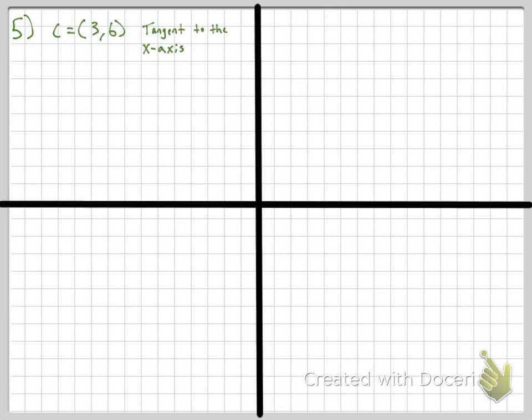All right, next problem, number 5. I'm given my center, and I'm told that it's tangent to the x-axis. When something is tangent to the x-axis, that means it is touching the x-axis. So, if I have my center,